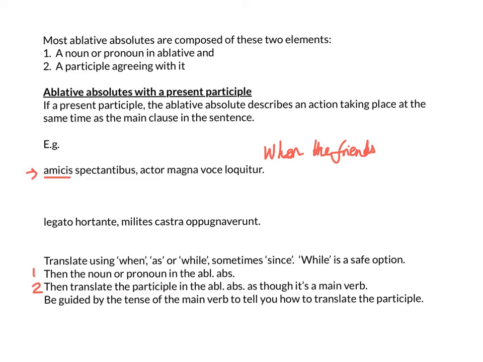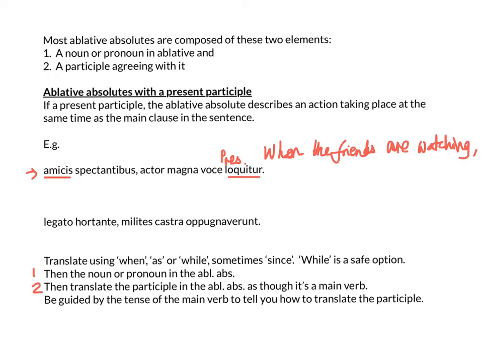Well, which is it to be? I get my clue from the tense of the main verb in the sentence. The main verb is loquitur, and loquitur is present. So if I'm going to finish the sentence by saying the actor speaks in the present tense, then I must make my ablative absolute a present tense too. When the friends are watching,